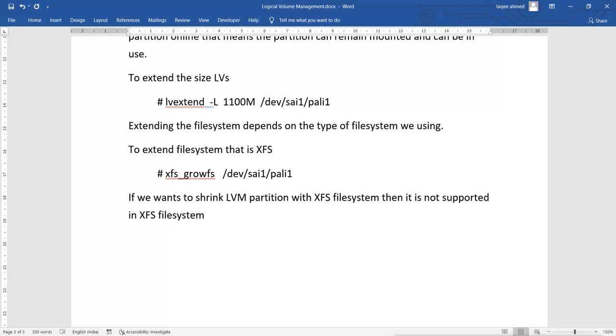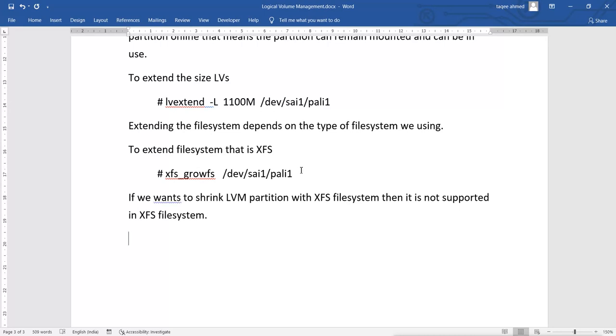So simply, we cannot shrink it if we are using the XFS file system. But if we are using the ext file system, then we can do both. We can extend and we can shrink. So now I will show you how we can use the ext file system, extend the file system, and also shrink the file system.